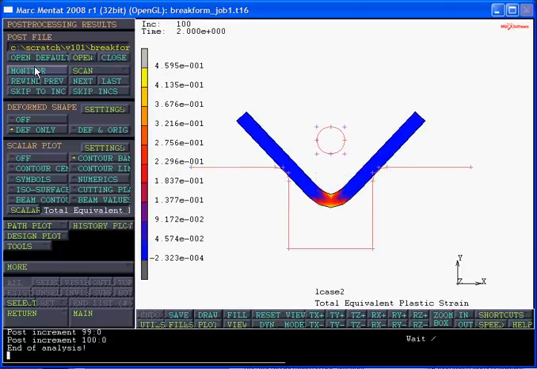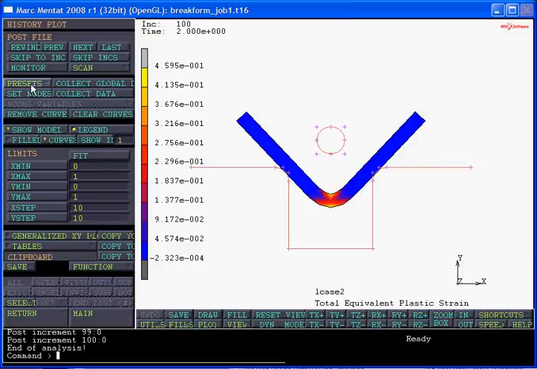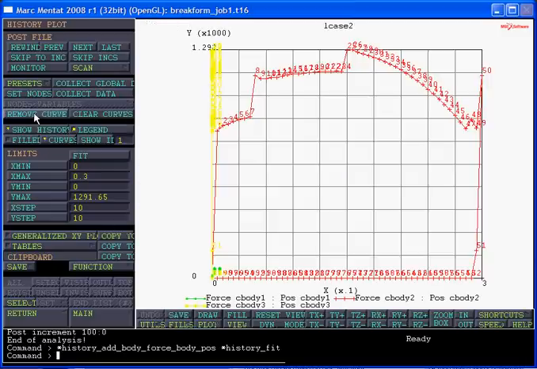And we're just about done with that. We're also going to monitor the force displacement relation. And just go into presets under history plot, and we see the force